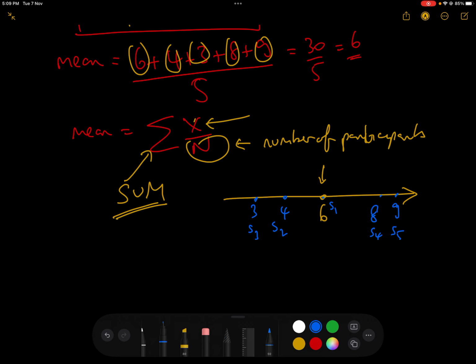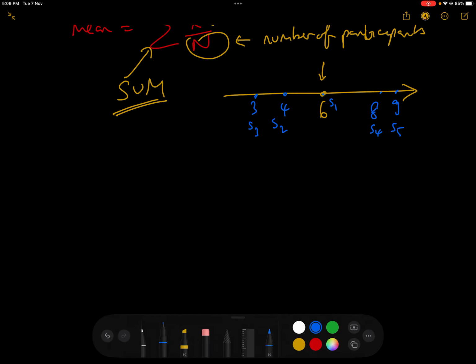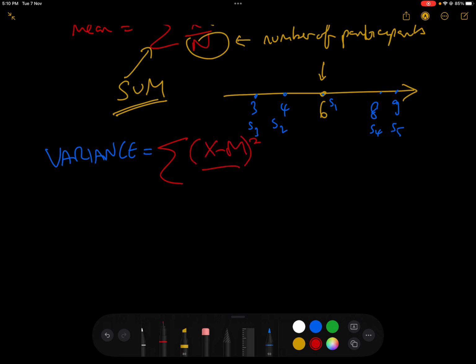There is a difference between each of the participants and the average, the mean, which was 6. What we want to do now is see how big this variation is, how much it varies, and the way to do that is a thing called variance. Again, I'm going to do the formula first, which looks scary and isn't. The variance is the sum of (x minus m) squared over n.